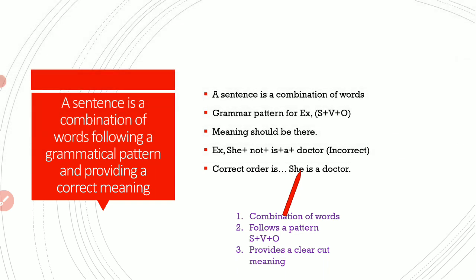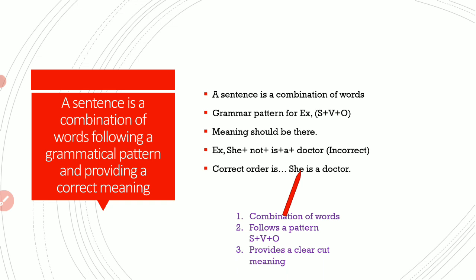A sentence is a combination of words, and they will be meaningful if they give any kind of information correctly to the persons to whom we are speaking. There are so many patterns which we follow in order to make sentences by combining words, and the universal pattern that has been used by everyone is S plus V plus O. You must have got some idea regarding this. S stands for subject, V stands for verb, O stands for object.